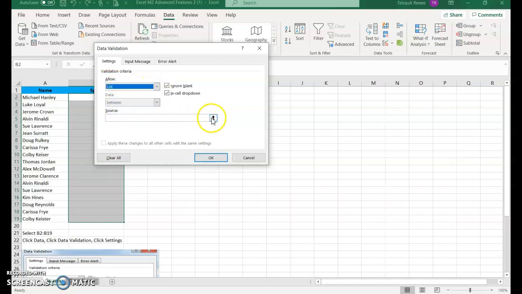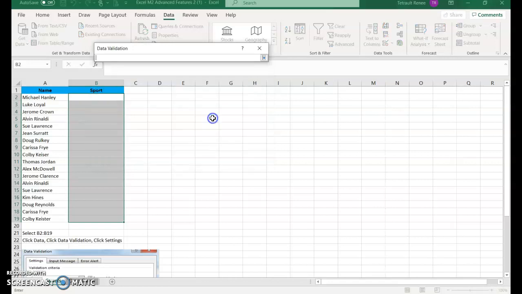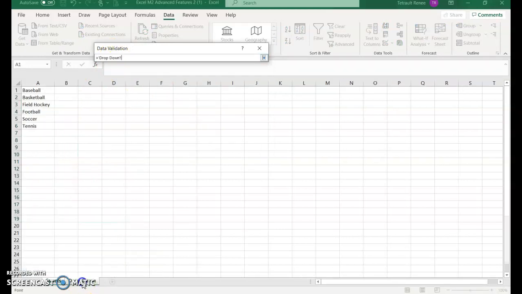And then we have to get our range, which is our choices for the drop down. So click this up arrow, and we're looking for our range. I'm going to click the sheet called drop down, and it's coming up with the quotations around it because that's the sheet. I'm going to select the range. So there's the range. Notice it has the absolute value A1 through A6, and then click this to accept it,